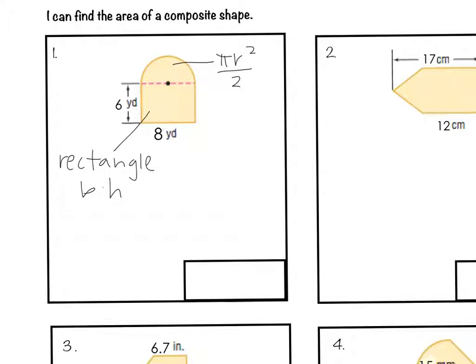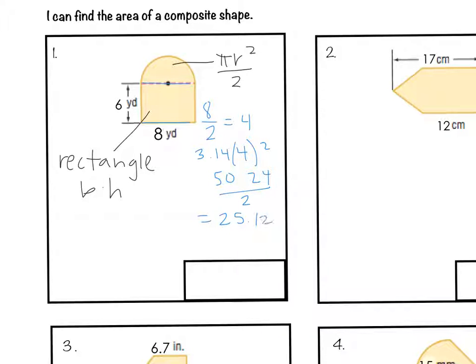So let's take a look here at the circle first. I know that the diameter of that circle is the same as the base of that rectangle, which is 8. So if I want to figure out the radius, I'm going to take 8 and divide it by 2, and the radius will be 4. To figure out the area of this circle, I'm going to take 3.14 for pi times 4 squared, and I get 50.24, but I can't forget to divide by 2 because I have a half circle, and I get